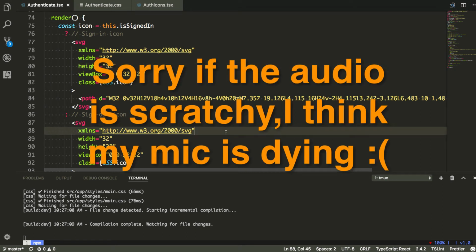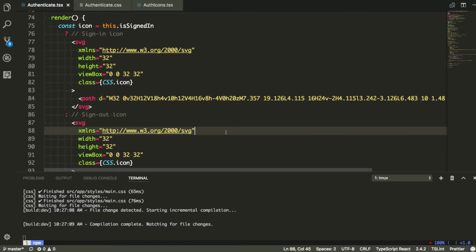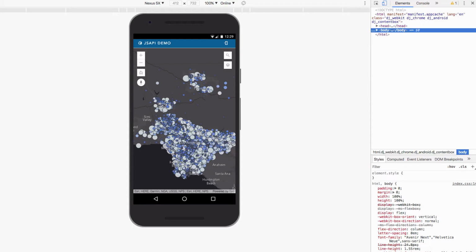Now I've talked in the past before about creating custom widgets for the ArcGIS API for JavaScript, and today I just want to quickly go over how you can create stateless components that you can reuse for a bunch of your different widgets. So for example, I've got this authenticate widget here, and just so you can see what it